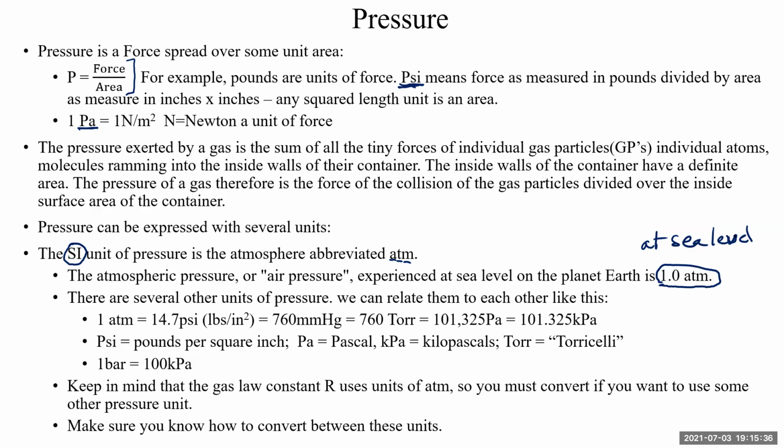So as you go up above sea level, atmospheric pressure decreases. But at sea level, it's almost always about 1 atmosphere, or 14.7 pounds per square inch. That's what you're feeling. Every square inch of your skin, whether you realize it or not, is experiencing 14.7 pounds pressed against it.